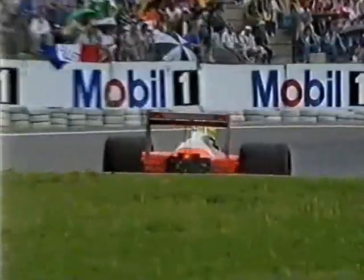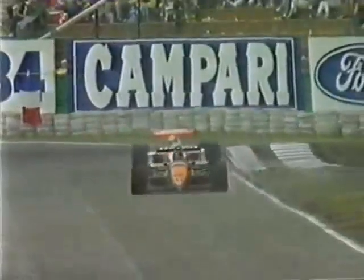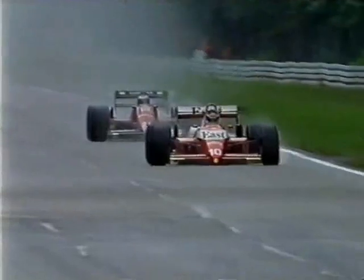Senna now on his way to pass Philippe Streff, the Frenchman, in the very much better than last year AGS. Not surprising, it is an entirely different car from the lumbering device which the little team used last year, and it's a fine car, the 1988 one. Philippe Streff is driving it extremely well, and there goes Senna. This is lap 26. Watch him now pull out shortly. He's moved right to the right-hand side of the circuit as Gerhard Berger comes up to lap